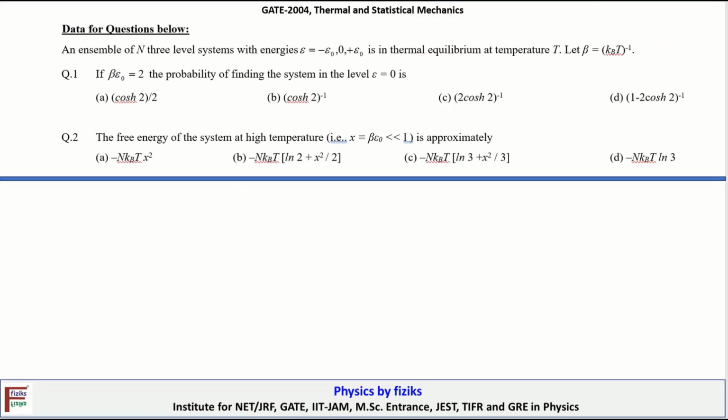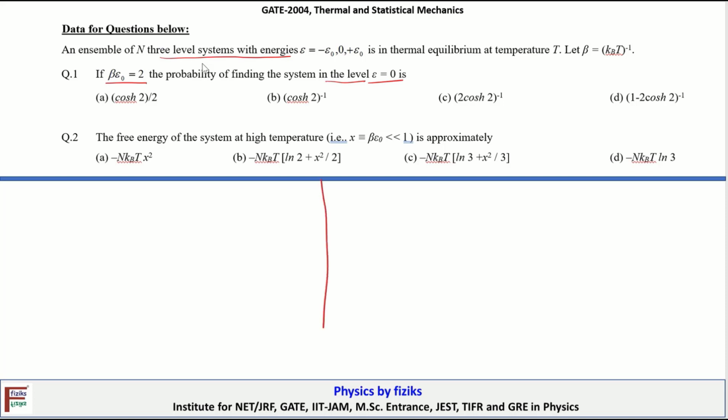So let's take a look at the next problem. The statement is: an ensemble of N 3-level systems whose energies are given as minus E0, 0 and E0 is in thermal equilibrium at temperature T. Let beta be equal to 1 by kBT. If beta E0 is given to be equal to 2, the probability of finding a system in the level E equal to 0 is,